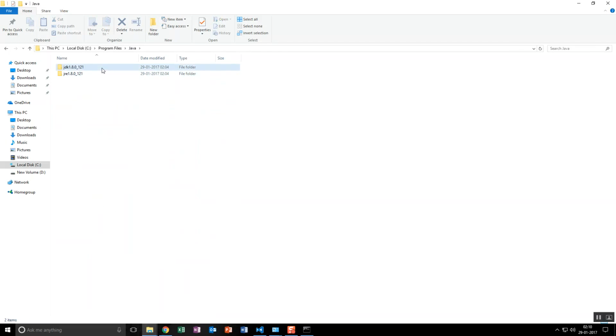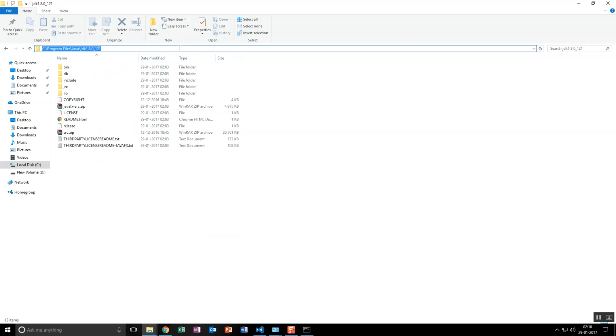or the other way is to go directly to the folder and copy only this. Believe me, you are only going to change the version of the folder. Previously I downloaded 112, that is the Java JDK 8 version, the 112 version of Java 8. Now it's 121 version of Java 8. So each time this will keep on increasing.